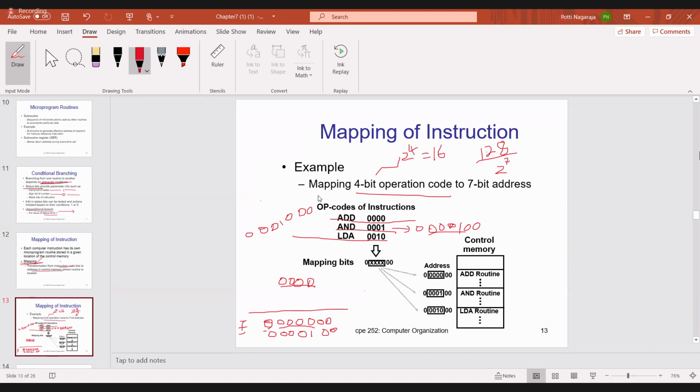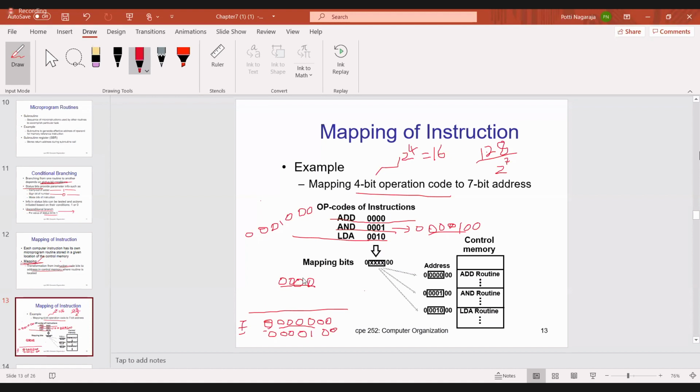This is the example: mapping a 4-bit operation code into a 7-bit address. A 4-bit operation code means how many operations can I do? 16 operations. A 7-bit address means we can access 128 words. Now for opcodes, suppose an addition instruction, what is the opcode? 4 zeros. Now from this opcode I have to generate the 7-bit address of the control memory.